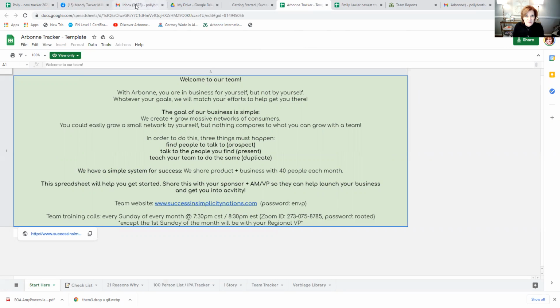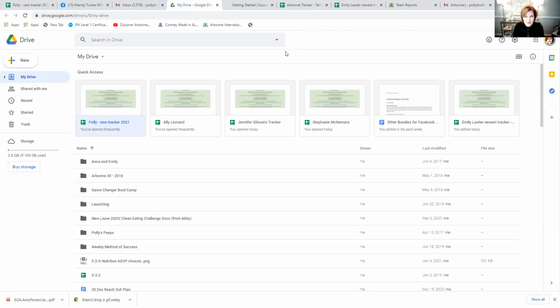If I go back to my drive here, I'll just show you. If I shared something with someone or they shared it with me, you'll just see over here, this is how you can find all those things. I just always click on recent because that's usually where I am. And you can just kind of see, but the thing that helps me so much with this is